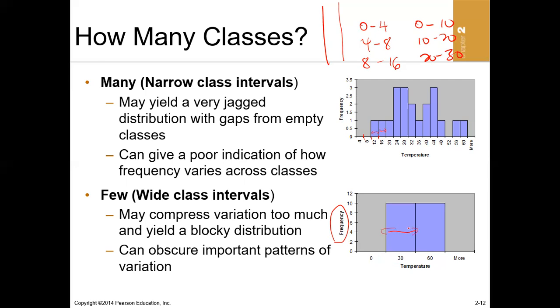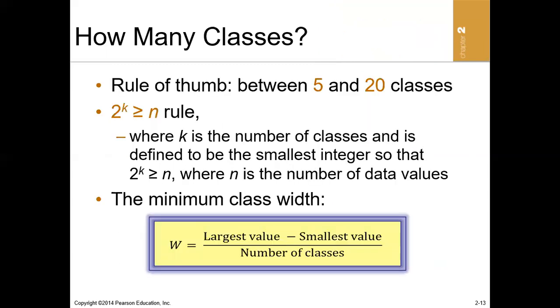Now, when the class intervals are very small, the distribution will be very jagged. And when the class width or intervals is so huge, that means that the variation will also be too much and it will be too blocky. So normally the class interval or the width should be of a normal size. So the rule of thumb is that